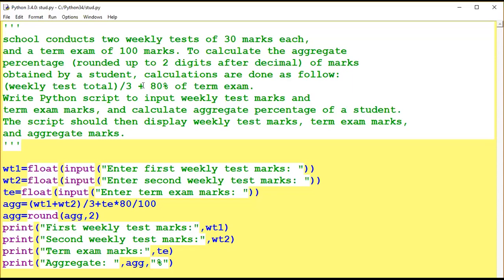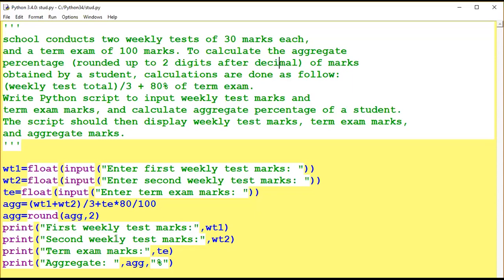See here, how the calculation is done. Calculation is done as follows. Weekly test, whatever I have written WT1, WT2, and for term exam TE. So here weekly test 1 plus weekly test 2, divide by 3, plus 80 modulo by term exam.